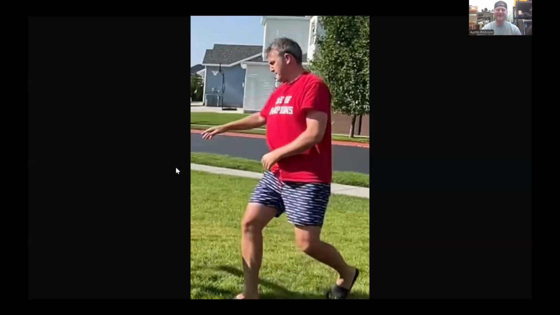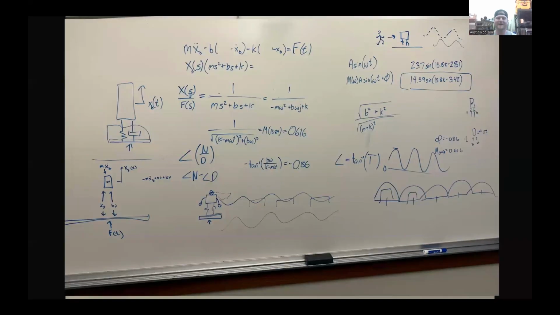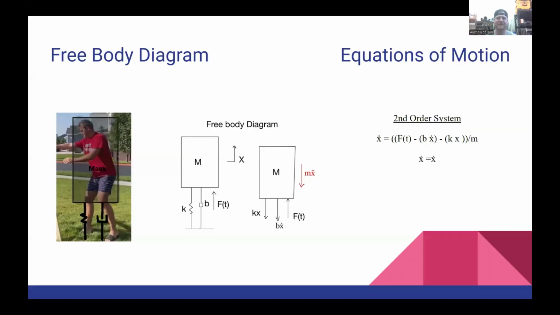So this is our ideal model that we wanted to take a look at. This is our peak male model right here. So we had a lot of equations and they got super complicated, so we had to make a couple assumptions. These are the free body diagrams we ended up coming up with. In this we decided to model Dr. Yusevich as a perfect rectangular mass. We eliminated the mass of his legs. We eliminated the mass of his head, and we decided that we were going to assume that his foot was